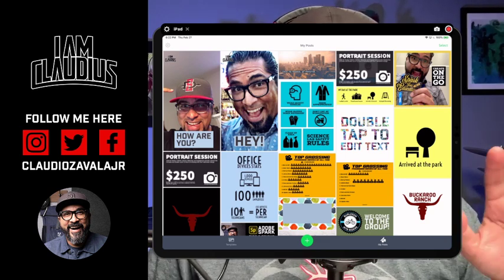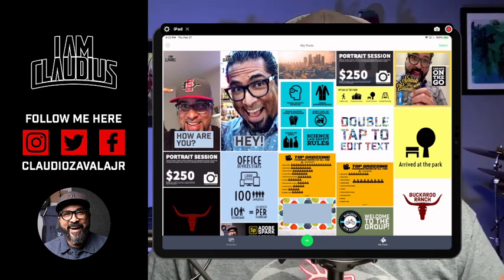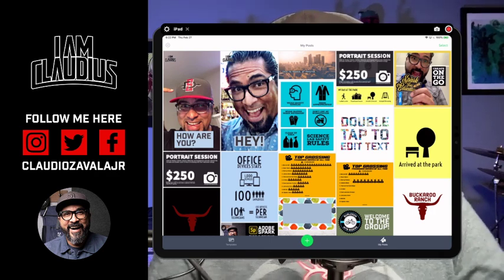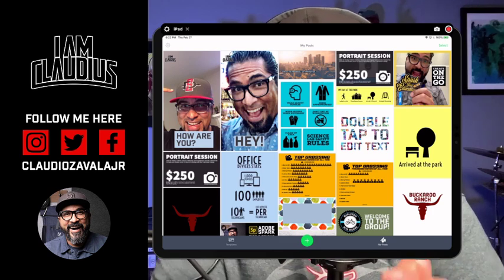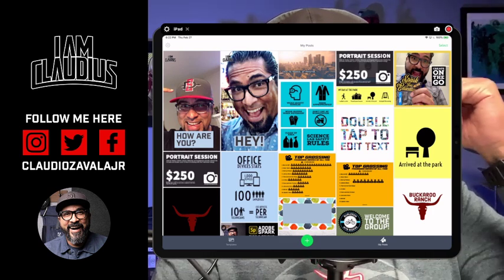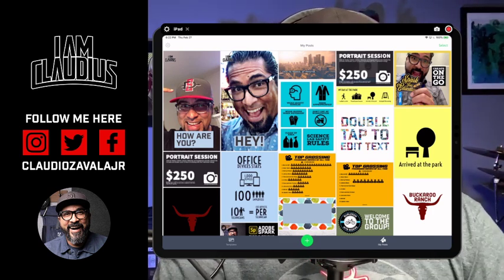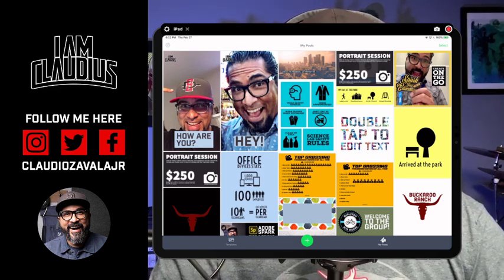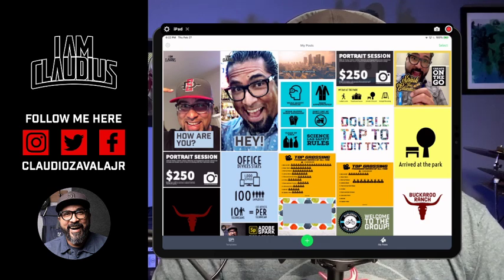Something else in Spark Post that not a lot of people know is there. Actually, I'm going to jump into Adobe Spark Post now. That's the next thing here. So some tips in Adobe Spark Post. Running out of breath here. One of the things you can do in Spark Post is connect